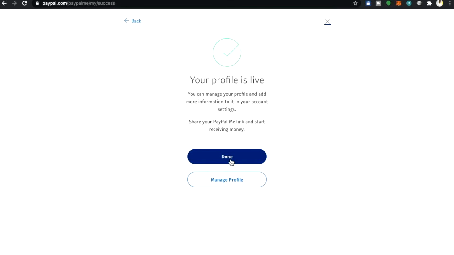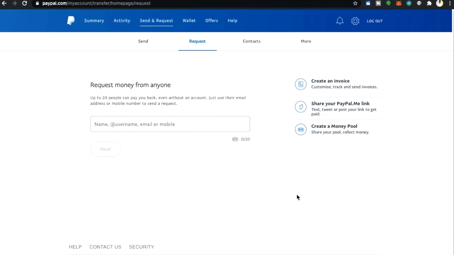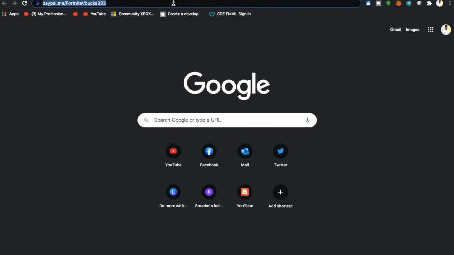you can receive money to your PayPal. Once you've created this unique PayPal link, people can pay you via PayPal using that link. So we created Fortnite V-Bucks 333 as our unique PayPal me link. If I copy and paste this link into my tab, I'll be able to pay money into my PayPal account. See, here we have paypal.me/Fortnite V-Bucks 333. If I click enter,